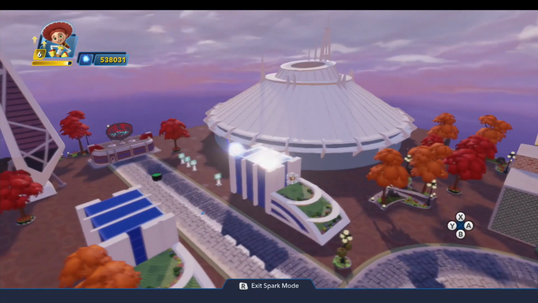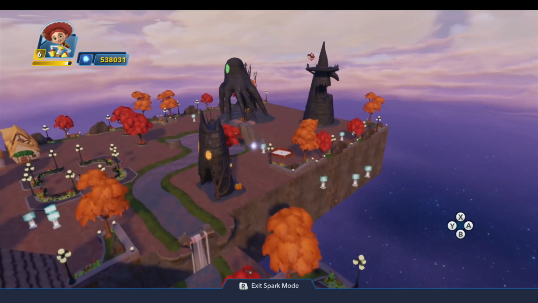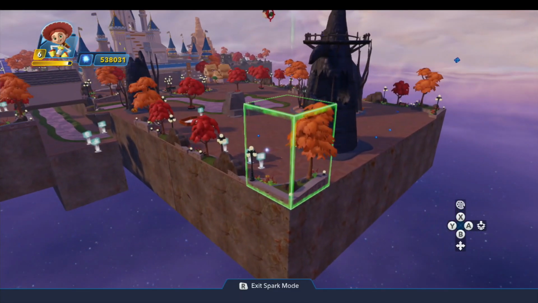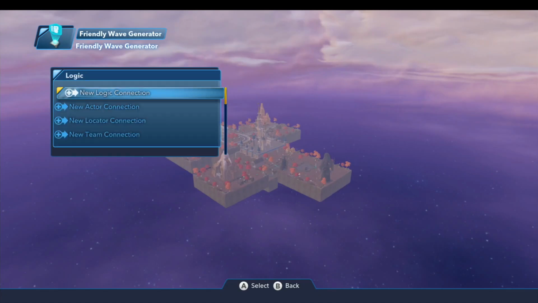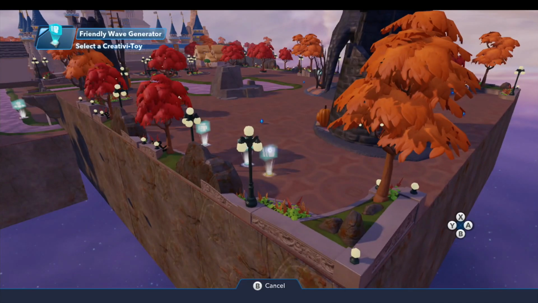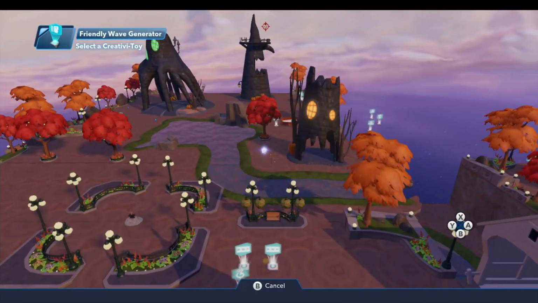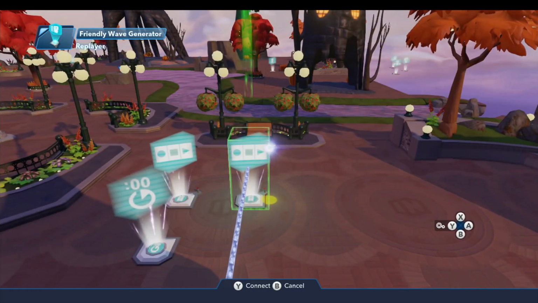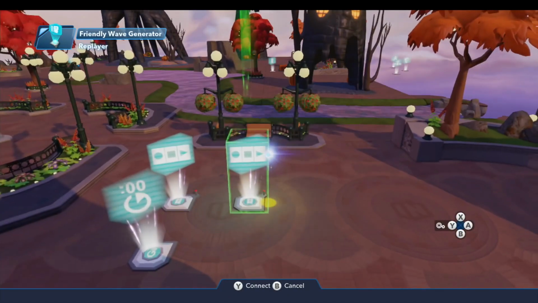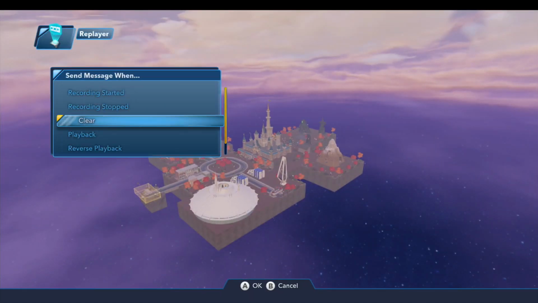Now most of the buildings will have been restored by this point. That happens on the cauldrons. But we're going to need to restore Fantasyland. So, on the friendly wave generator, new logic connection. When the wave is defeated, we're going to go to the replayer over here. And again, going to the one for the Halloween buildings. And we're going to clear that. And on this replayer, a new logic connection. When this is cleared,